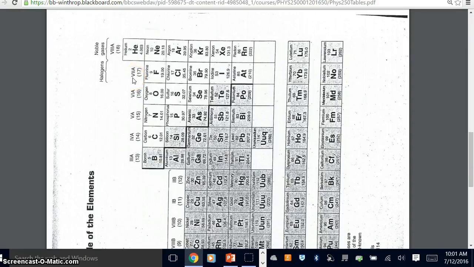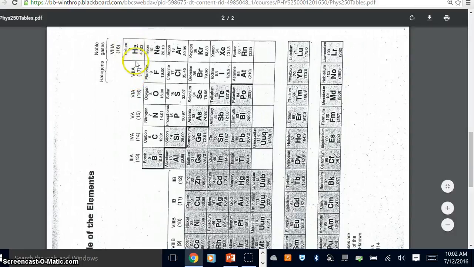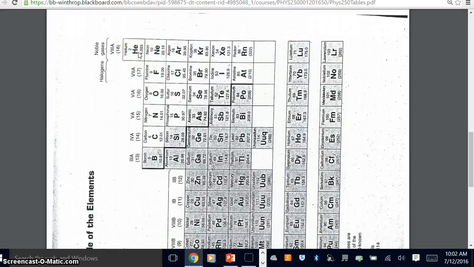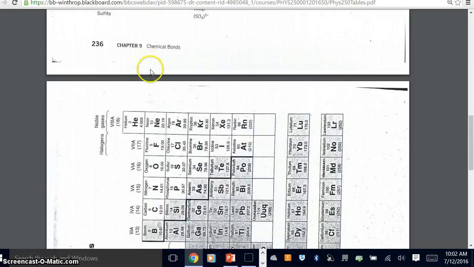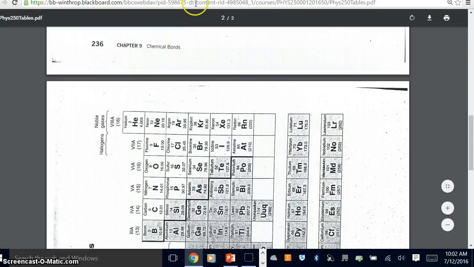But yeah, hydrogen would be the only exception to what's called the octet rule, because there's no way for hydrogen to have 8 electrons, but it can act like it's having 2 electrons. Okay, so all right, so let's